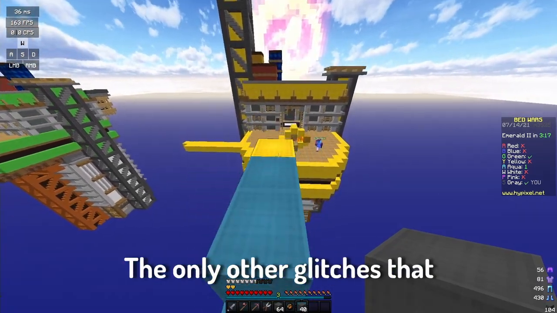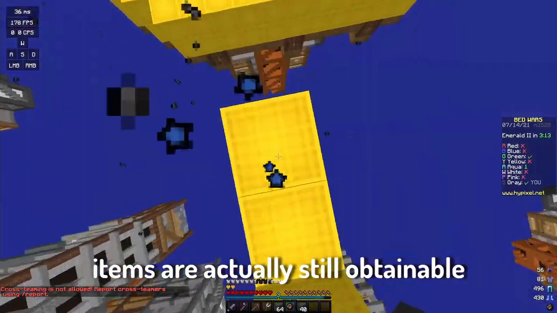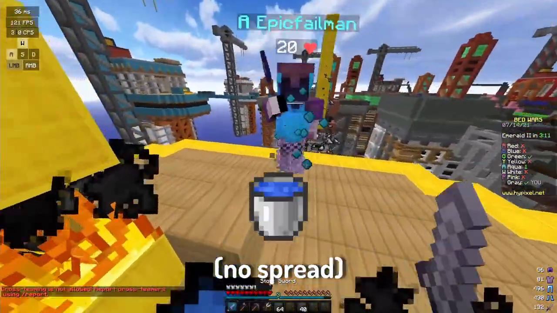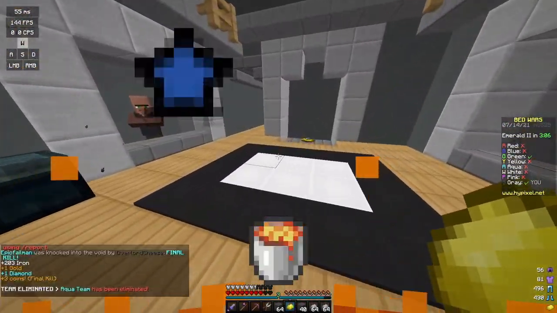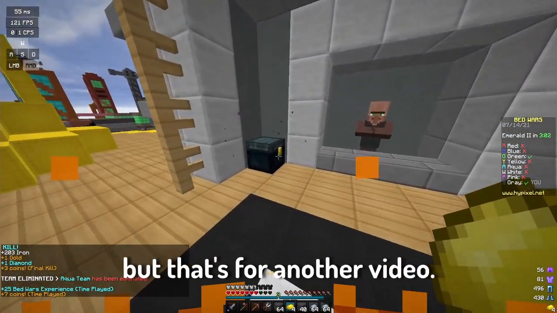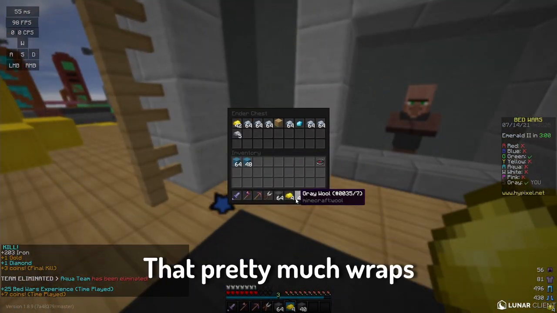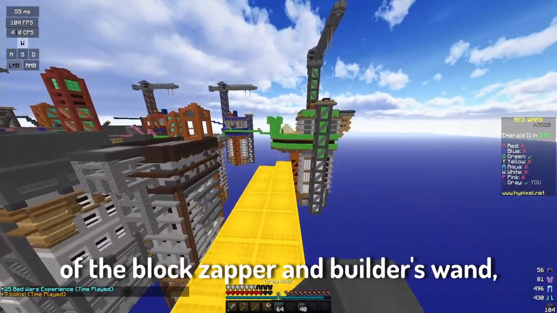The only other glitches that ever happened with the block zapper so far, and these items are actually still obtainable today, were the no-spread water and the regular water and the no-spread lava and the regular lava. But that's for another video. That pretty much wraps it up for the history of the block zapper and the builder's wand, but now I